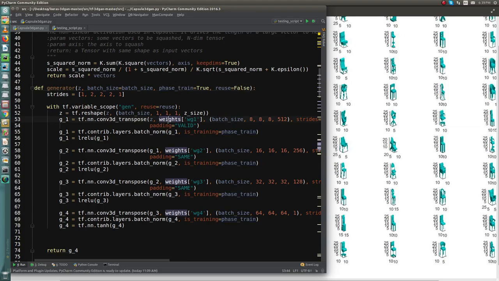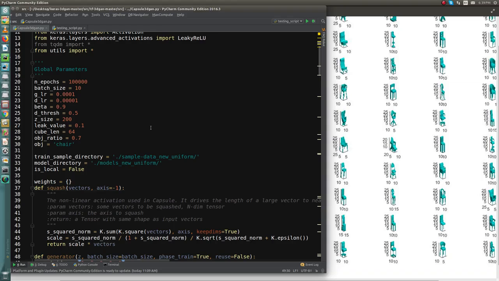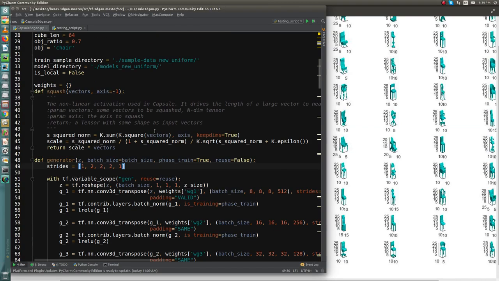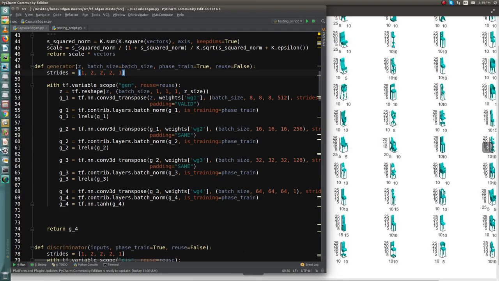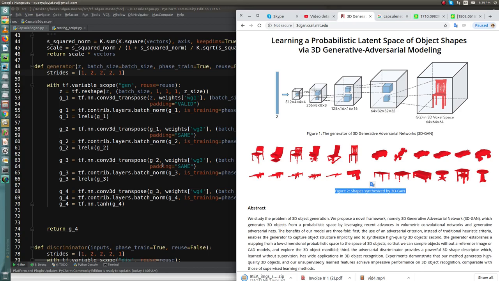So let me show you my model. I'll give you a very quick brief explanation without wasting any time, and then I'll move to the validation part and show how it works. Okay guys, let me open the proposed model.